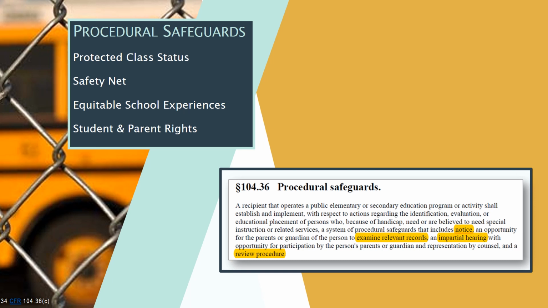Students served under Section 504 become a protected group. If a student is found to qualify after an evaluation, they are afforded protections known as procedural safeguards. These protections or safeguards act as a safety net to prevent disability-based discrimination from occurring. Safeguards ensure that the student's school experiences are fair and appropriate. They are measures that protect the rights of students and parents served under the statute. The Section 504 plan is an example of one